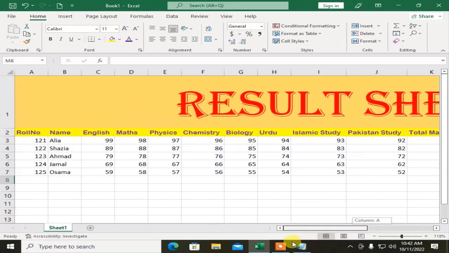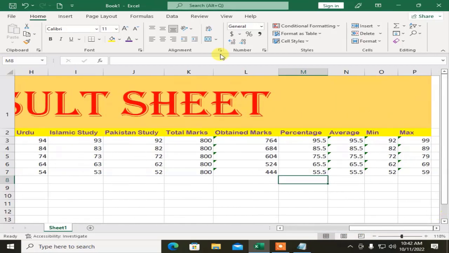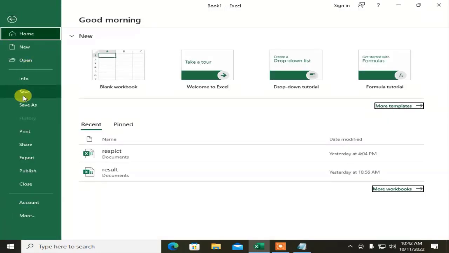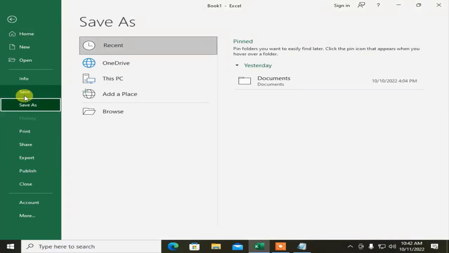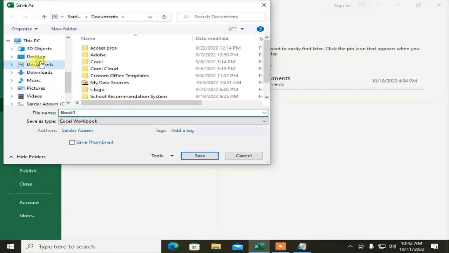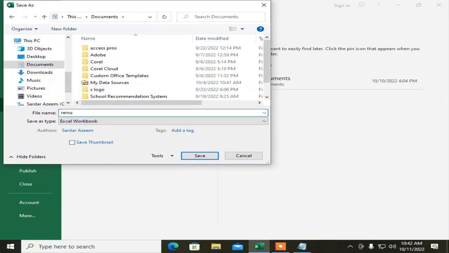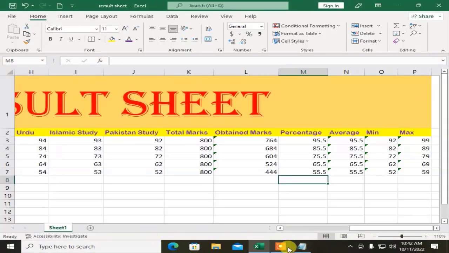This is our first assignment for Microsoft Excel 2021, the result sheet. Now I'm going to save that file. To save that file, we are going to click the File menu, then we will click the Save command here. When we click the Save command, it will ask for the place. We will select Documents. After clicking Browse, I will choose Documents and I will give it the title of result sheet. Okay, and that's all for today. We have done the result sheet in Microsoft